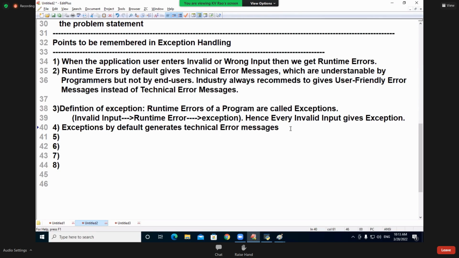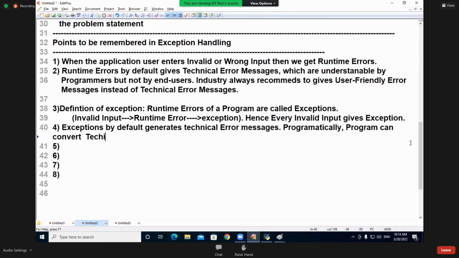And programmatically, programmers can convert technical error messages into user-friendly error messages.